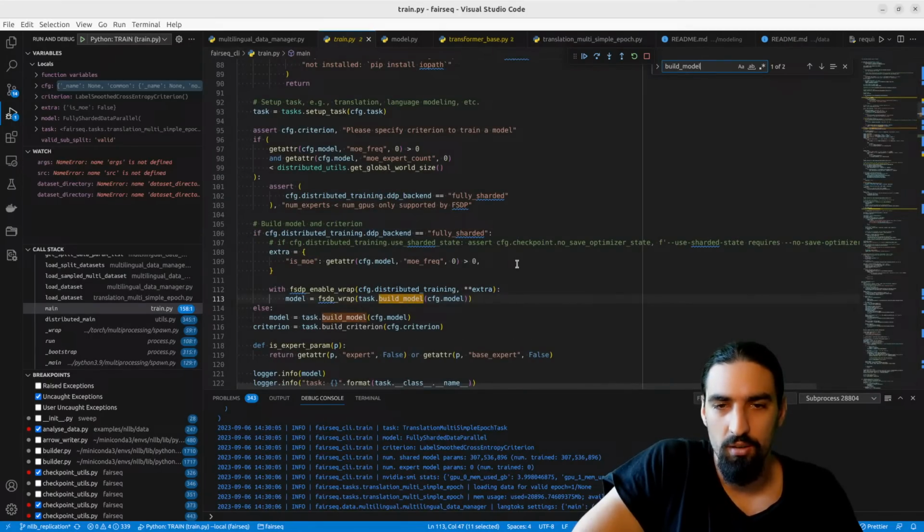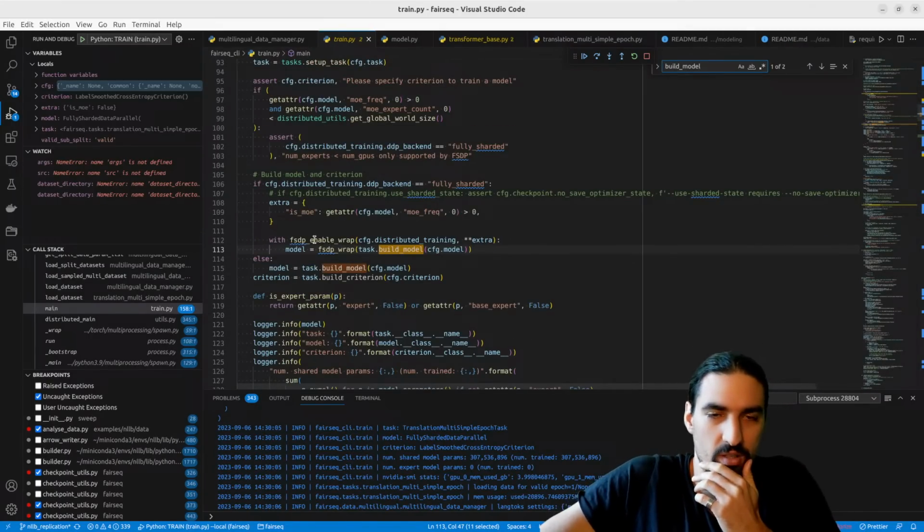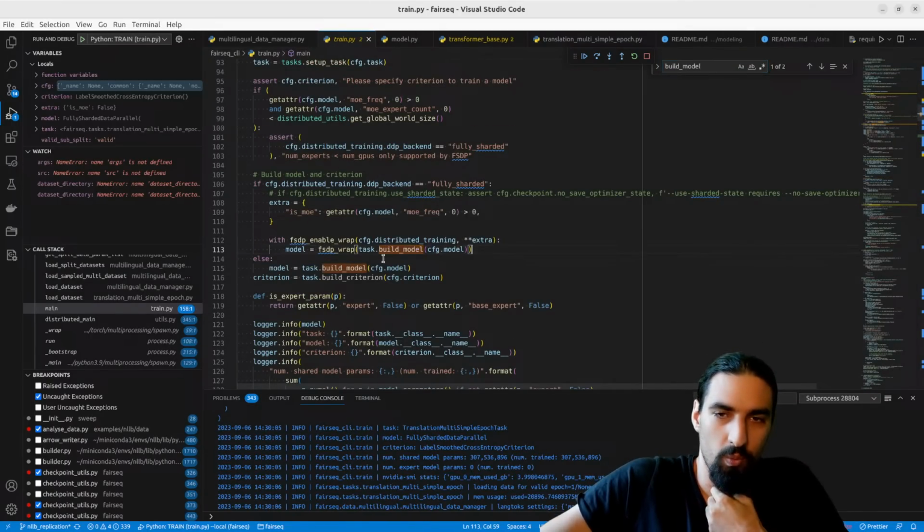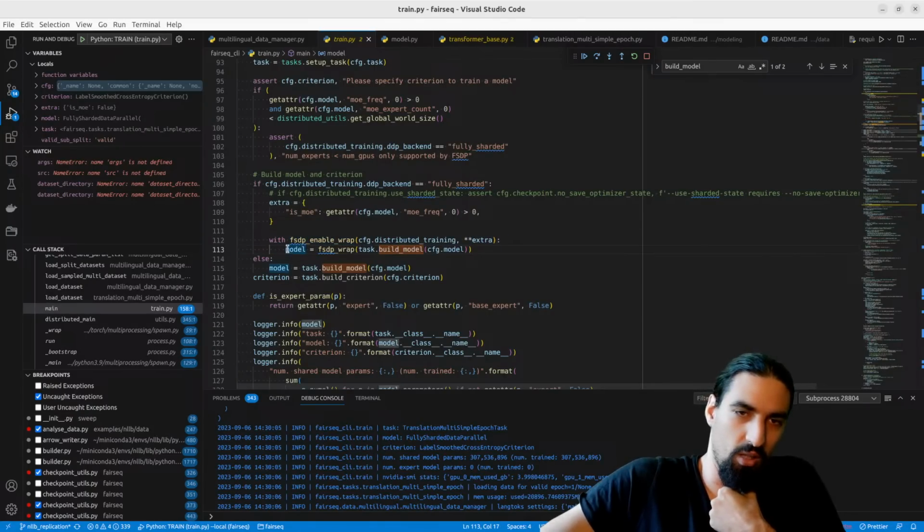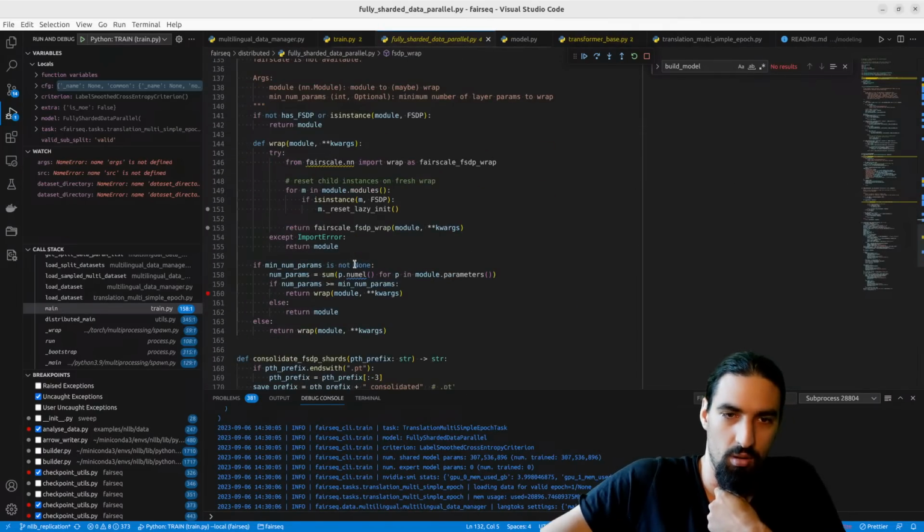Build model, we wrap it with a context here. So the top level model is going to be wrapped, but the layers itself will not be wrapped, as none of them hit this particular branch.